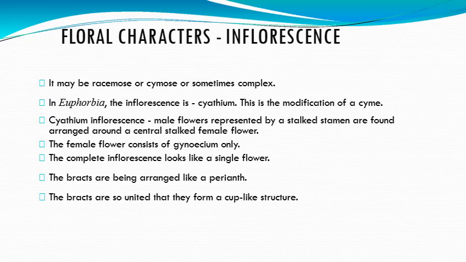So racemose means the main axis does not end in a flower, and it continues to grow, therefore new flowers are born continuously. In racemose inflorescence, the main axis develops lateral flowers and continues to grow indefinitely up to the last flower,